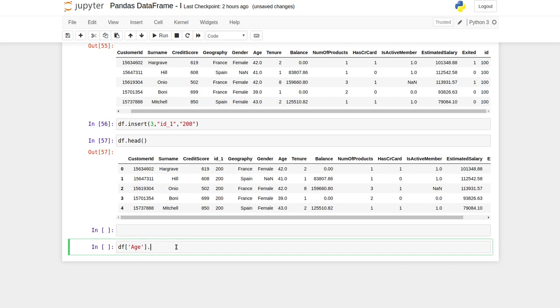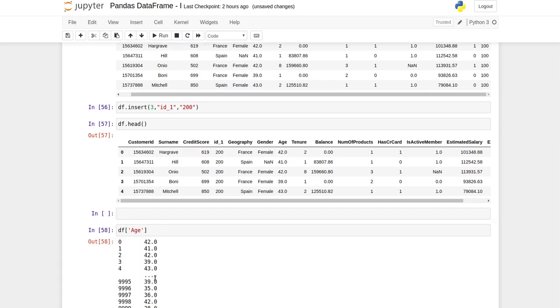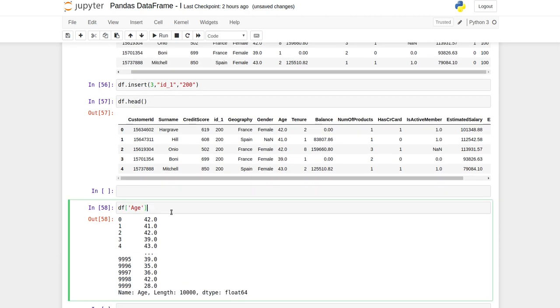First of all, I'm going to show you the column. So these are the column values, and then I'm adding 5 to the age. So you can check, in this way you can add a particular number to the whole column.